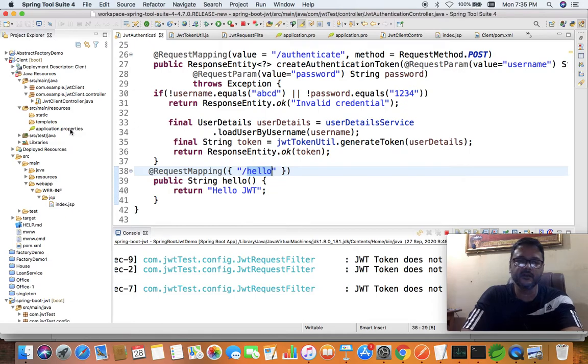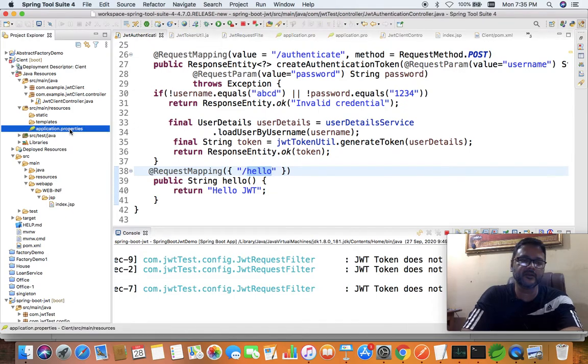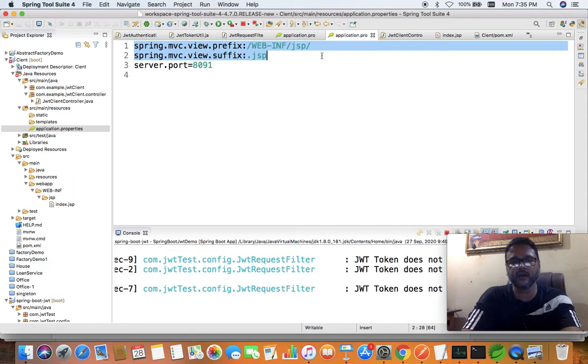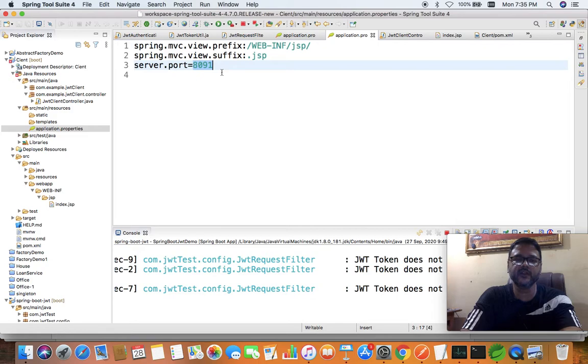So that's why in the application.properties I have mentioned these two lines, basically for mentioning that the output format is going to be JSP, and it is going to run on port number 8091, because we already have one application running as the server or producer microservice, and that will be running on port number 8086, and this application is going to run on 8091.